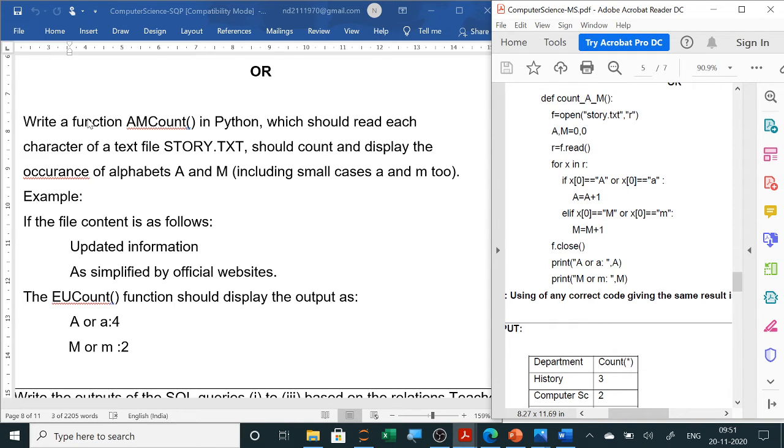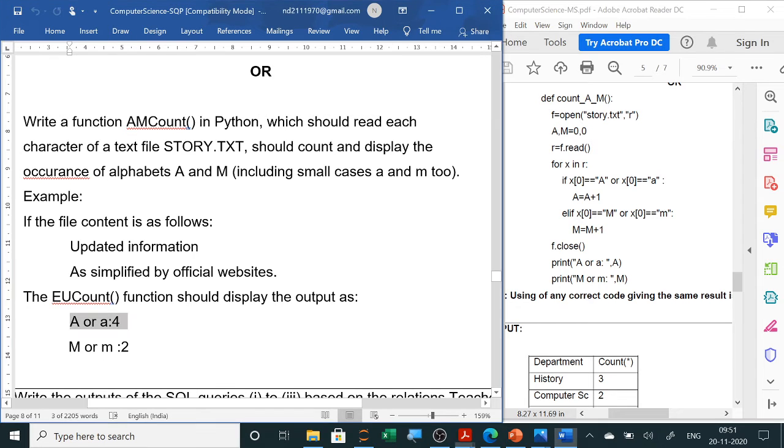Same way you have to write, since it is a function, you will write def, and the name of the function they will give you here in the question. So this name only you have to write. You don't write any other name. The name which is given in the question paper, that only you have to write. They have, by mistake, typed this answer. I have opened the CBSE sample marking scheme, so you change the name to this.